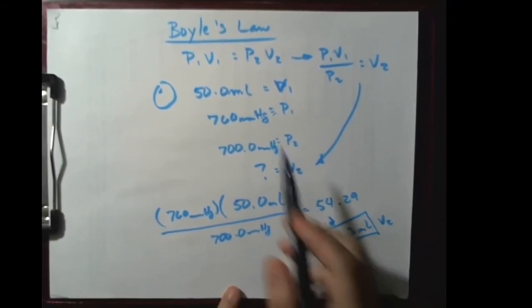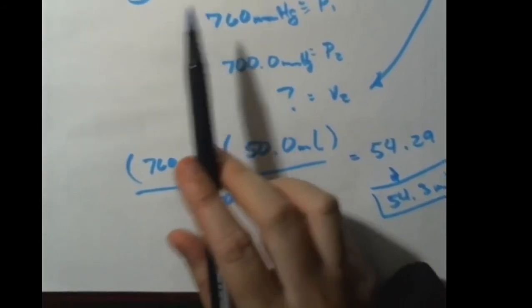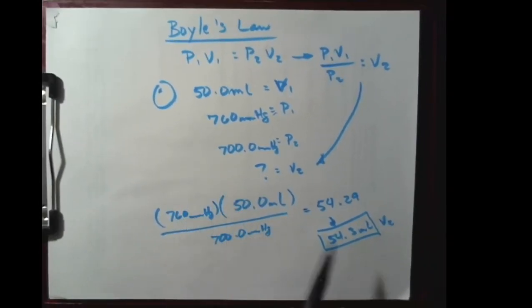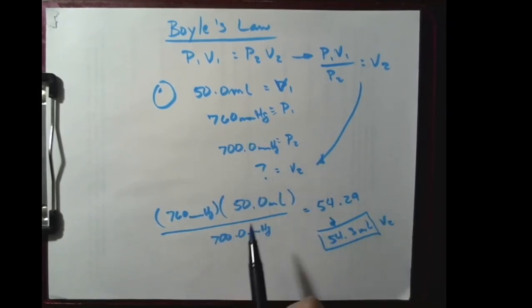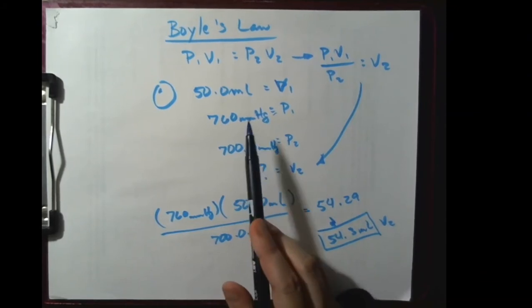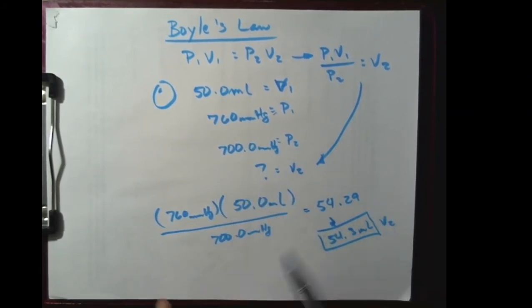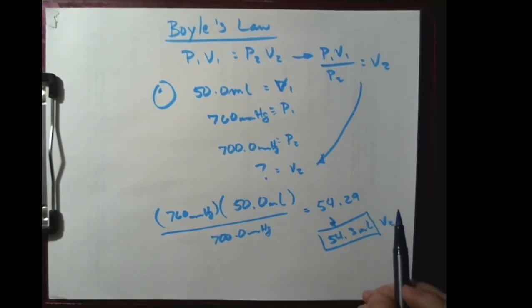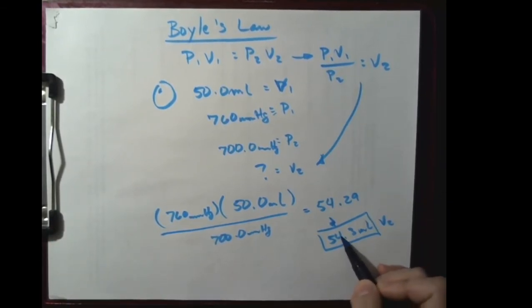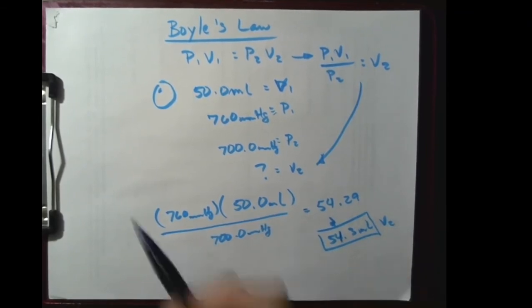As you can see, it did increase. So the bubble was originally at 50 and then went up to 54, and that correlates with our prediction that the bubble would get bigger because the final pressure was smaller than the initial pressure. So they're inversely proportional, which means they're opposite. Okay, and then we know that the bubble got bigger. Okay, so that's number